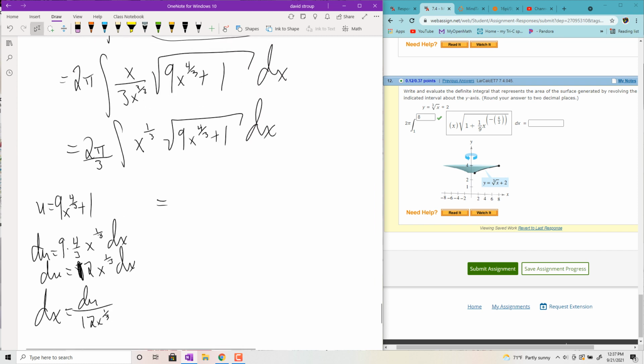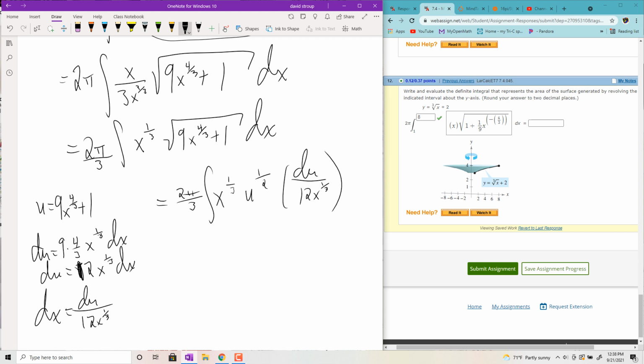So I'll have 2 pi all over 3 times the integral of x to the 1/3 times u to the 1/2 times dx, which is now du all over 12x to the 1/3. The x to the 1/3s cancel, factor out the 12, so you get pi over 18,